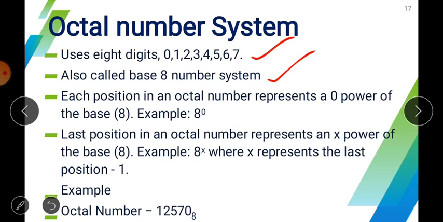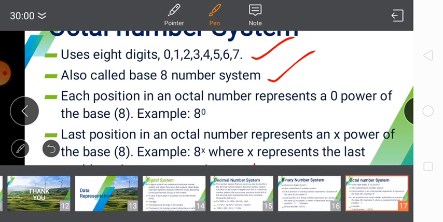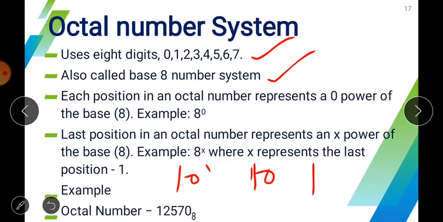Now what is the use of the base? Again I am saying the base of the decimal number system is 10, the binary number system is 2, the octal number system is 8. Then how will the base work? So you can see it with the help of an example. Suppose that I am writing here 10, 10 and again 10. I am saying that this 10 is for the decimal number system, this 10 is for the binary number system, and this 10 is for the octal number system.